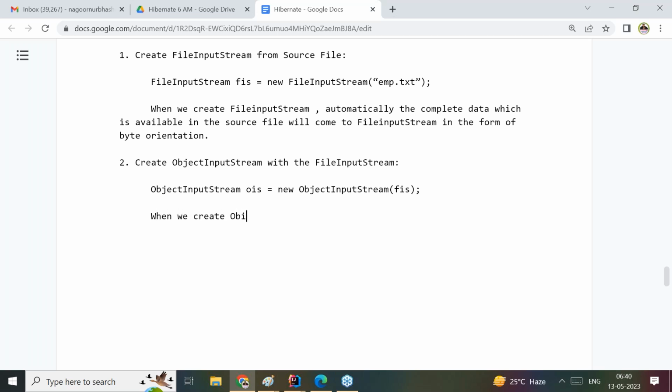When we create an object input stream, automatically the object input stream will take serialized data from the file input stream. That's it. When we create object input stream, automatically object input stream will take serialized data from file input stream, and object input stream